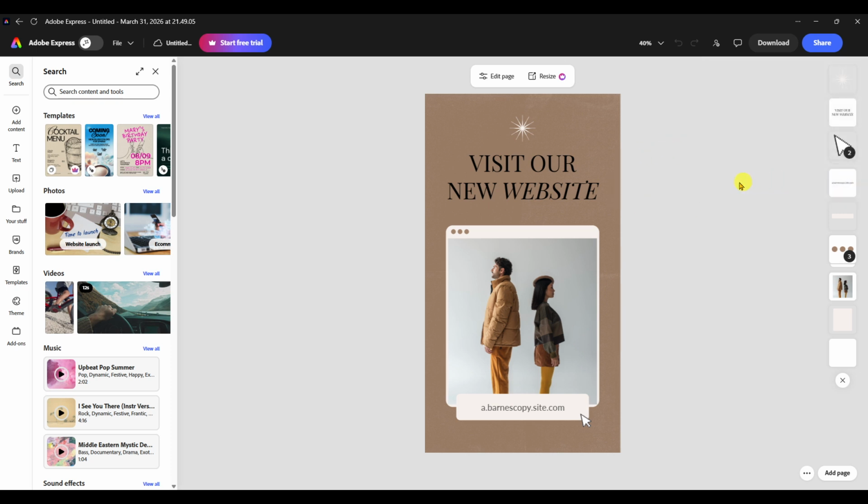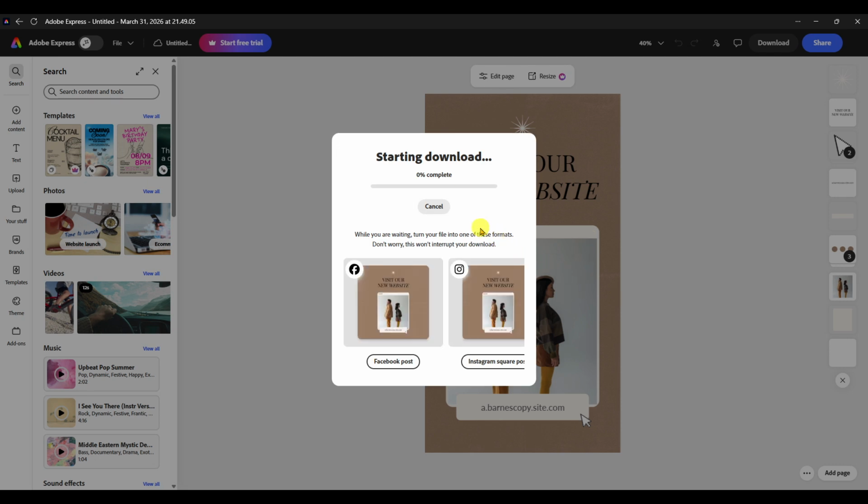Adobe Express will prepare your file. Processing time depends on your project's complexity and the speed of your connection. When it's ready, your browser will save the PDF to your default downloads location, or it may prompt you to pick a folder. If nothing appears, check your browser's Downloads panel or allow the site to save files if your